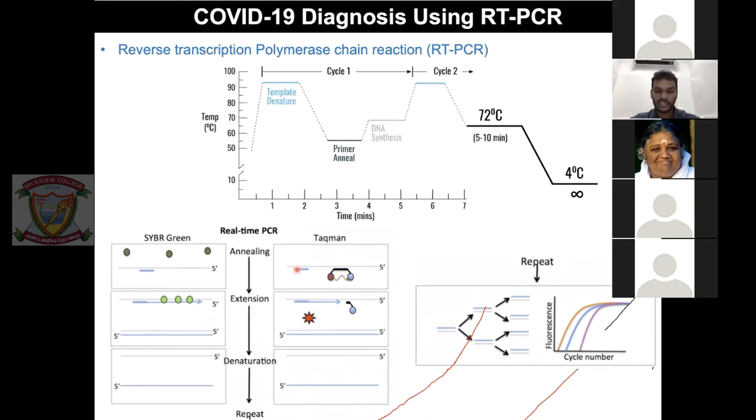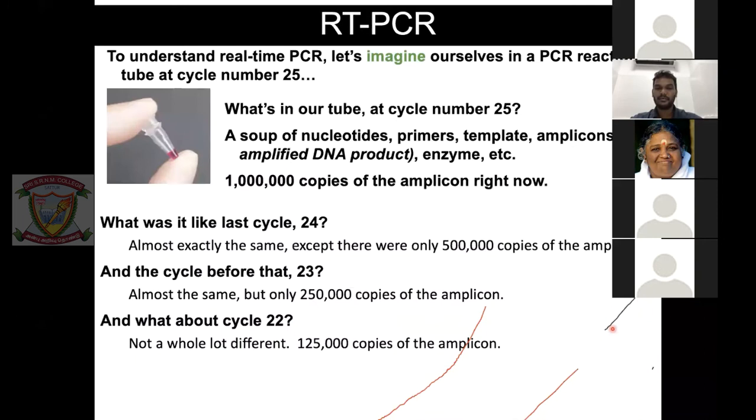So here, while synthesizing, the polymerase will keep synthesizing in this direction, and there is a block. So this will be cleaved at this place. The polymerase will cleave this probe and again keep synthesizing. The more of the primer it cleaves, the more fluorescence, and you'll get more and more signal. This is a lot for RT-PCR. I hope you understand. And then let's just move on to the calculation.